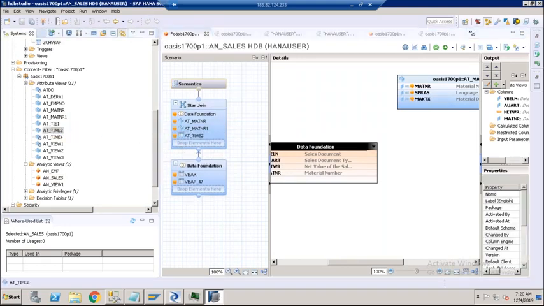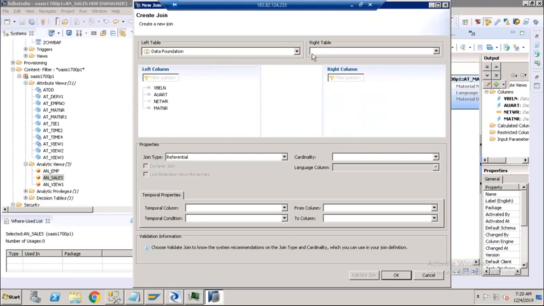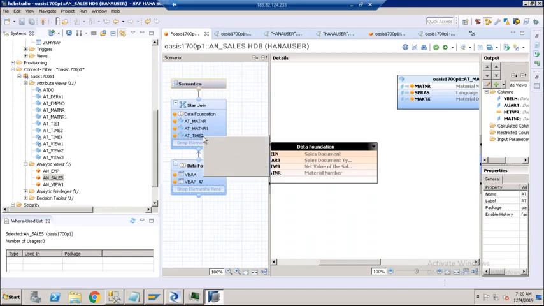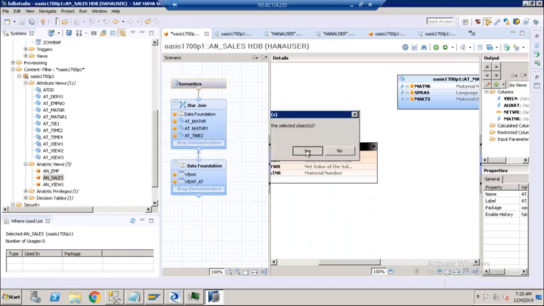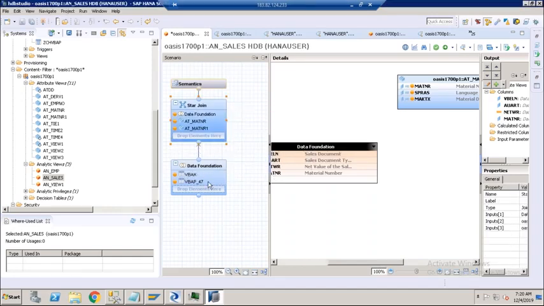Whatever you use like this, if you observe during the join, left is always fixed. You need to go right and do the join, then select another, do the join, select another, do the join. You should do like that. Left is always data foundation. Data foundation means outcome of this